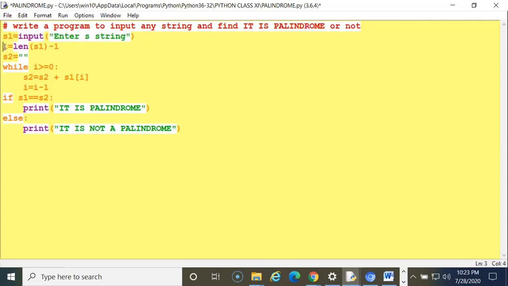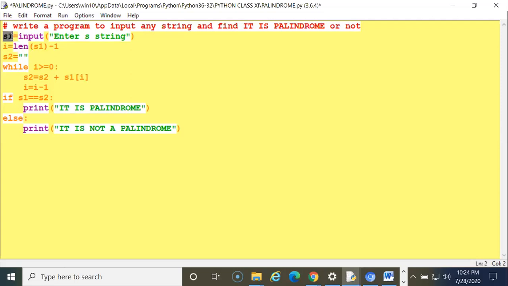Now i is another variable. Equal is an assignment operator. It will take the length of the string which you will get. len is used for the length of the string. How will it take the length of the string?